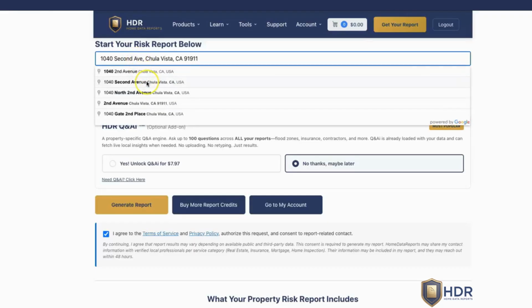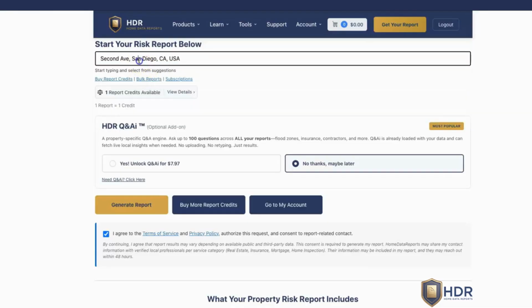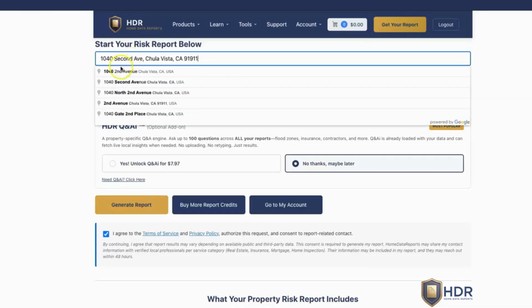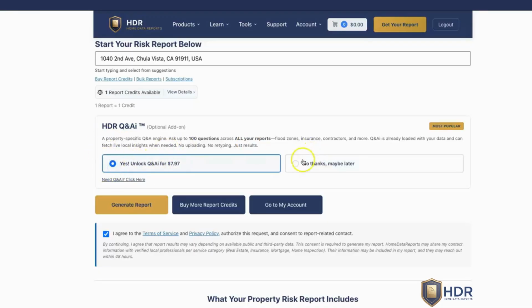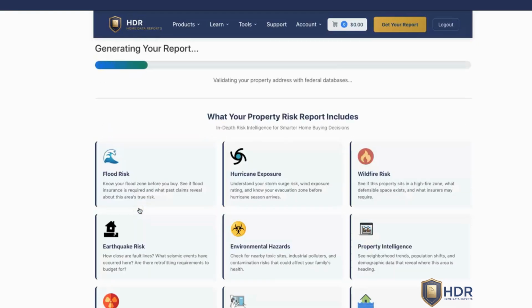So I'm going to choose this one, the 2nd Avenue with the second spelled out. Make sure that's correct. If that doesn't go properly, then I want to choose the other one. Good little debug that you see live. And then if you don't have Q&AI, if you want to use it once you use the demo, you can upgrade and buy one. If not, just come back to it later, and then you'll generate a report. You'll see that process,